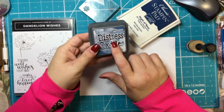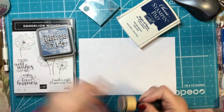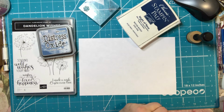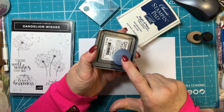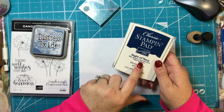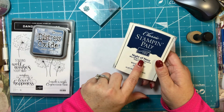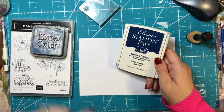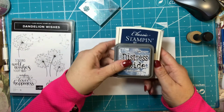but I'm going to use some Distress Oxide ink in Faded Jeans, and I don't need this one anymore because I have one on this. I like to put one on the bottom so I know that it matches that color. I'm also going to use the Night of Navy because I need to stamp a sentiment, and I want to use this to stamp my actual stamp, but I want this to be my background,